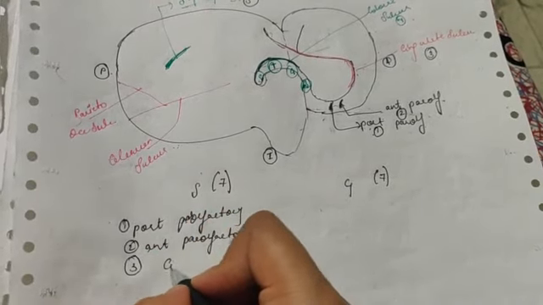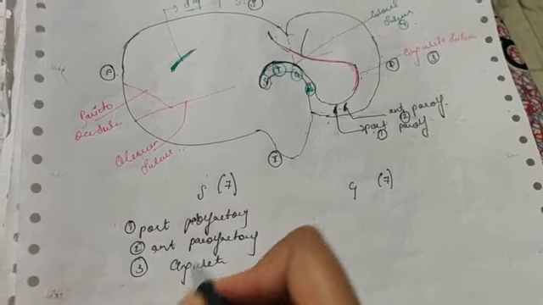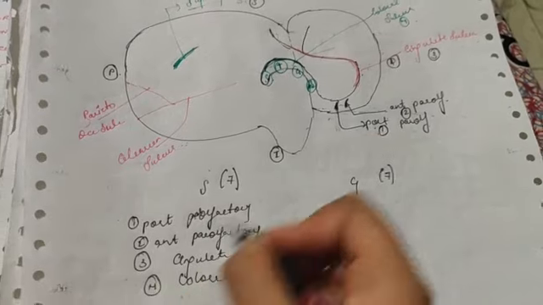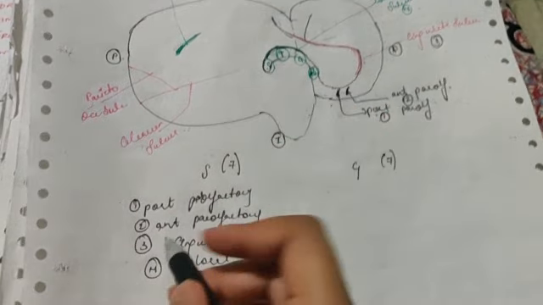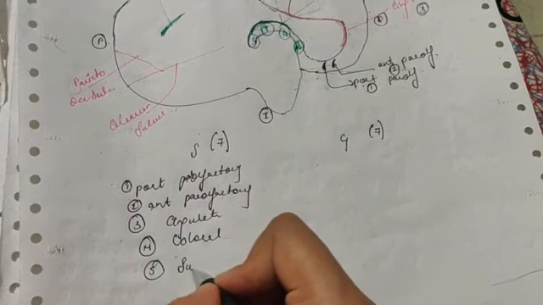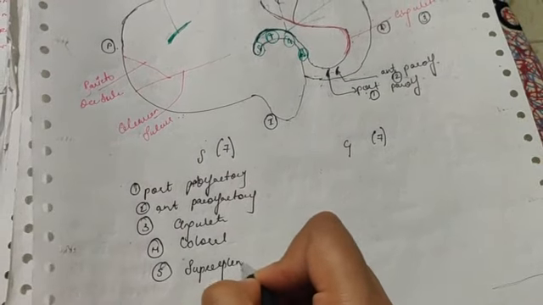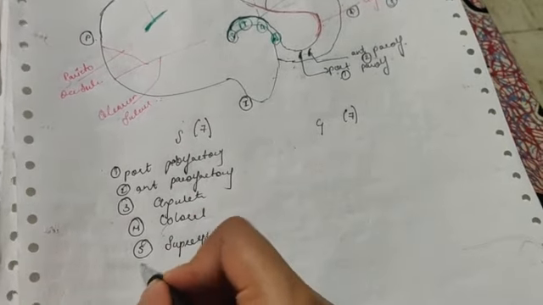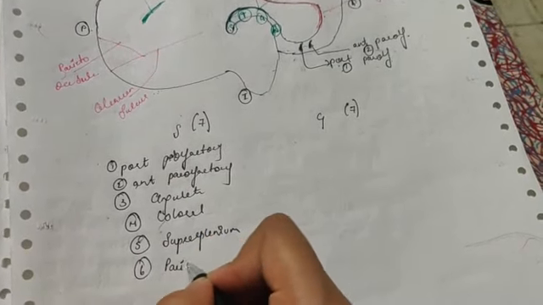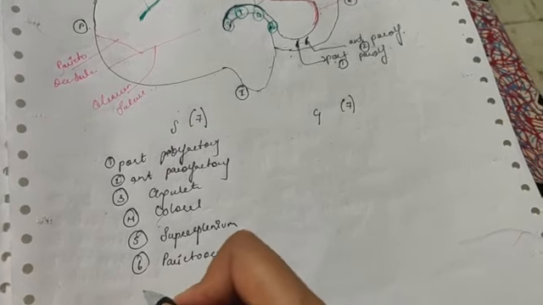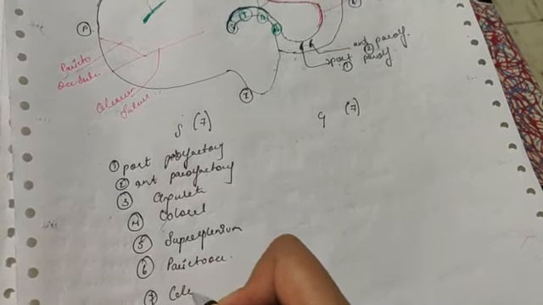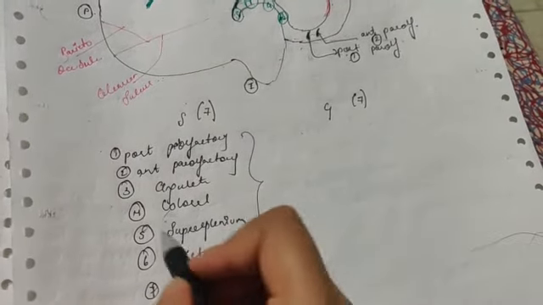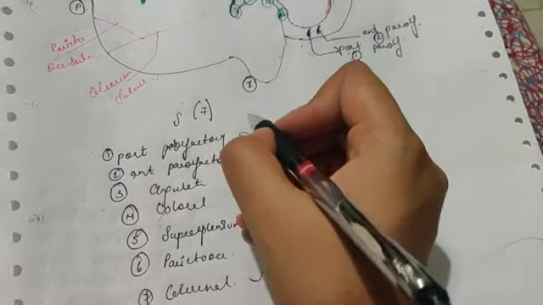And then the third one is the cingulate, then the callosal, which is this one right here, then the suprasplenial, which is in the superior aspect of the splenium part of the corpus callosum, the parieto-occipital sulcus, and the calcarine sulcus. So a simple way to remember all these 7 is you can use the mnemonic: